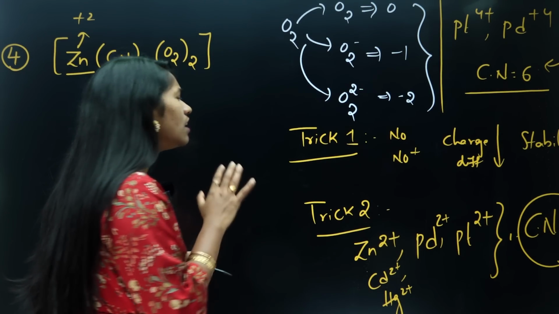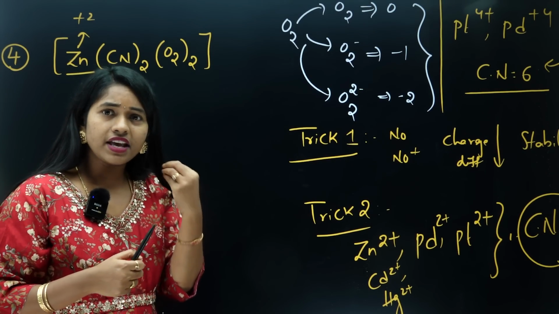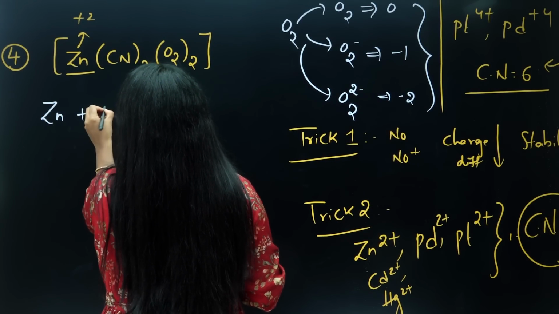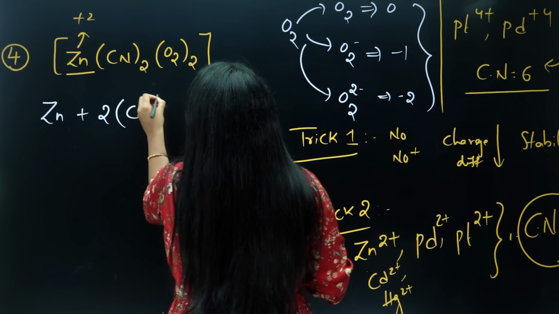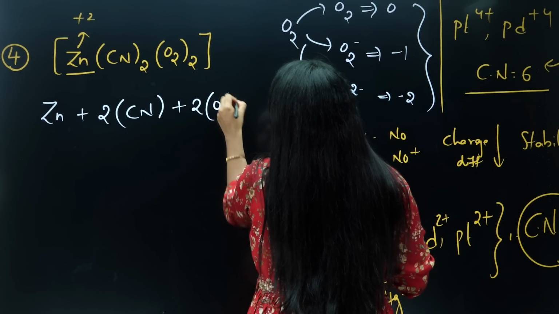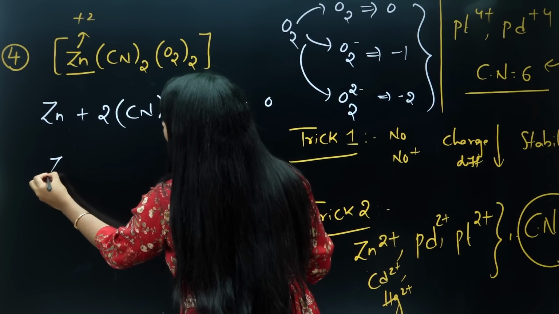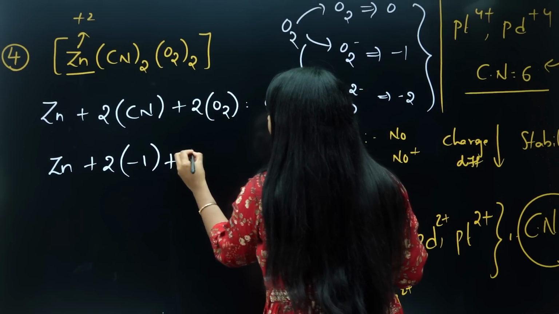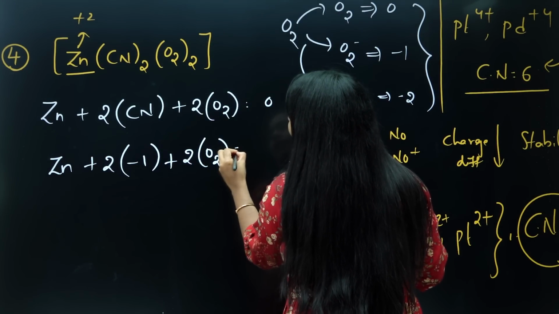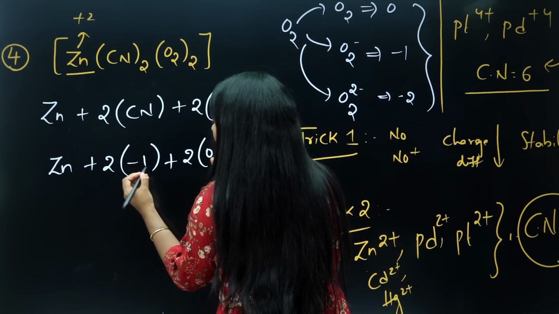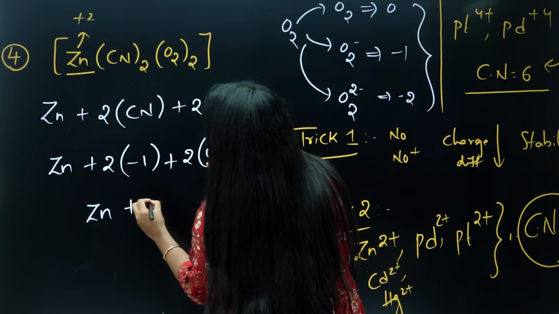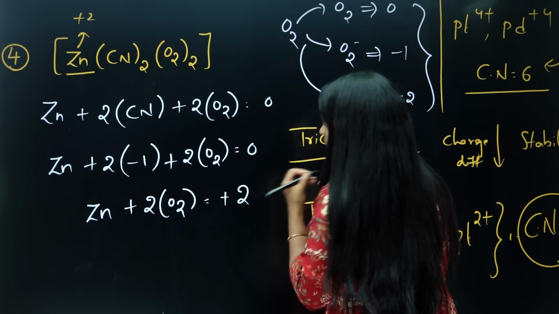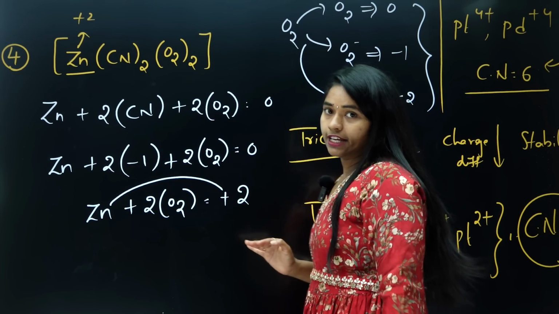Because these are exceptional examples where some extra data is needed. Normally how we do it, you can't solve it. CN plus 2 into how many oxygen, students? 2 oxygen. Total charge is 0. So here Zn plus CN, always -1 is the oxidation state. Here O2 we don't know. Let us consider the total sum is equal to 0. Now Zn plus 2 into O2 is equal to, if -2 comes this side, it will be +2. Zinc we want in +2 oxidation state only.